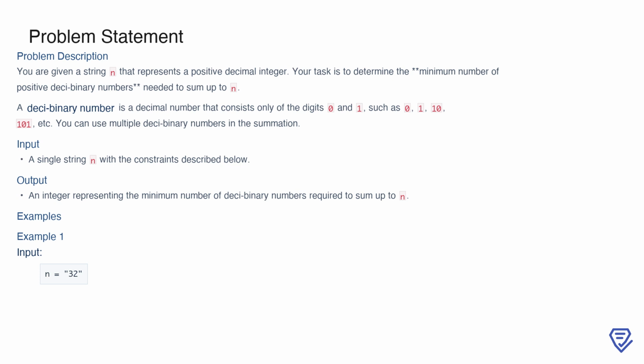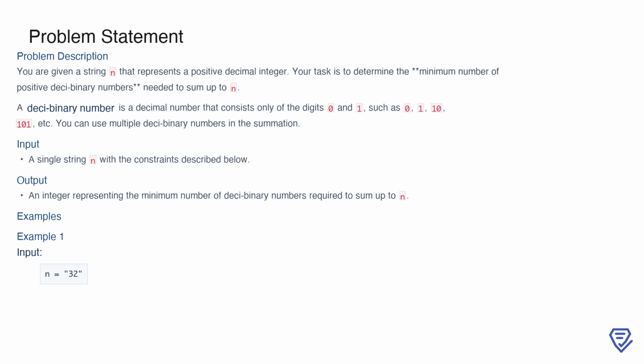Your goal is to determine the minimum number of positive Deci-Binary numbers required to sum up to the value of n. Now, a Deci-Binary number is a special type of number that only contains the digits 0 and 1. For example, 0, 1, 10, or 101 are all valid Deci-Binary numbers. You can use multiple Deci-Binary numbers in combination to achieve this sum. The input to the problem is a single string n, and the output is an integer representing the minimum number